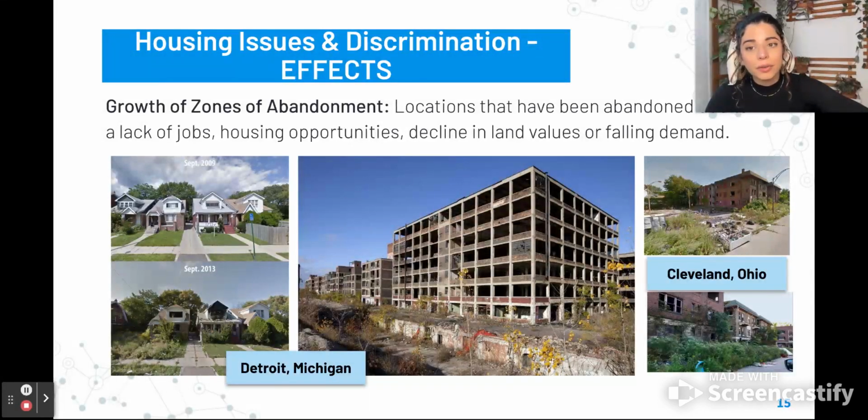And then we have a growth of zones of abandonment. Areas that have just been completely abandoned due to a lack of jobs, housing opportunities, a decline in land values, or falling demand. So these are real examples here. Places where people just abandon because they don't have that economic reason to continue to live there. They'd rather go to places where there's more job opportunity or the land